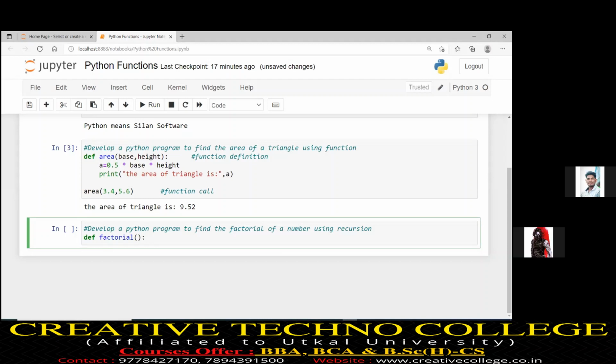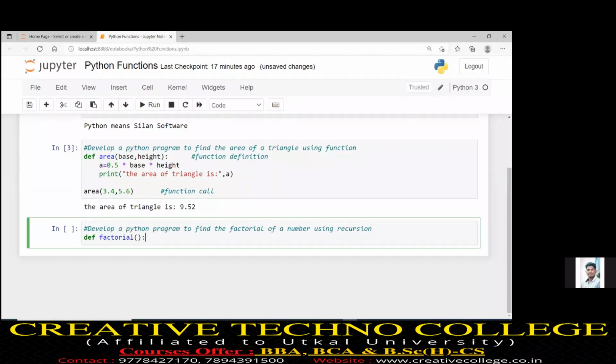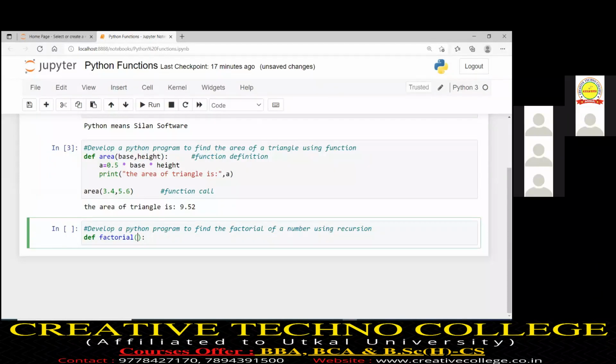When you define a function, how many arguments you will take is nothing but the number of inputs. So here my number of input is 1. Suppose n, I will take.